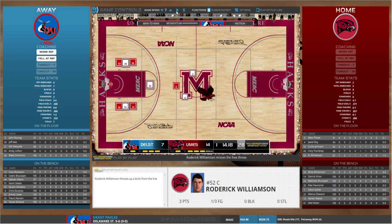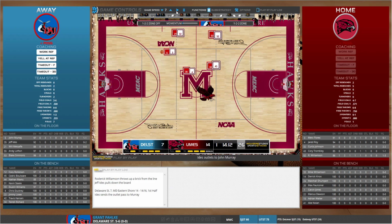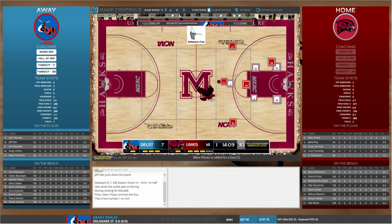Williamson makes the first, and he misses the second, but with Ides with the rebound, passes to Murray. Murray brings it up. Murray's fouled at the top of the key. That's going to be a non-shooting foul. That's foul number 1 on Merv Flores, and only the second on Eastern Shore,